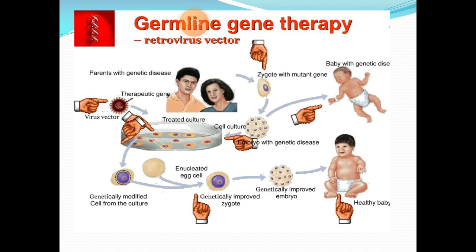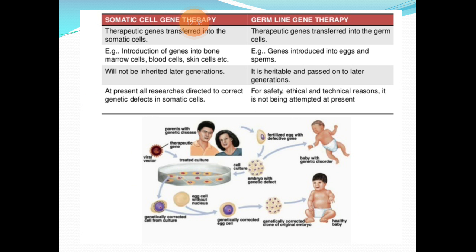This is what exactly is done in germline gene therapy, and please note, this is passed on from generation to generation. Okay, then. So this PPT will brief the differences between somatic cell gene therapy and germline gene therapy,